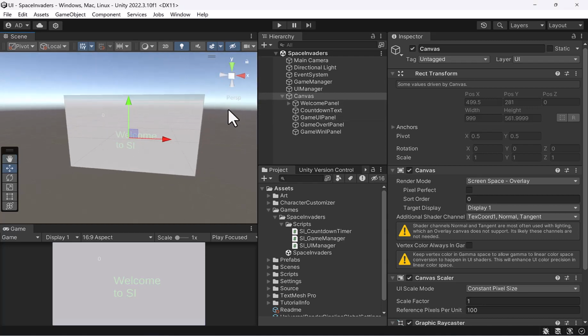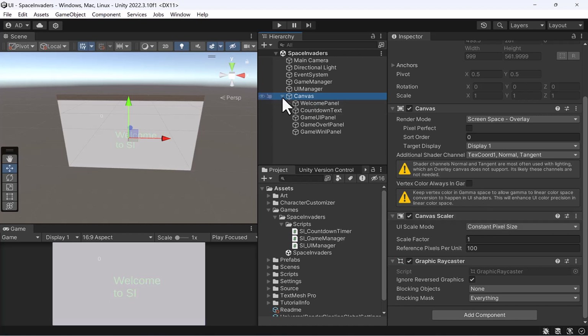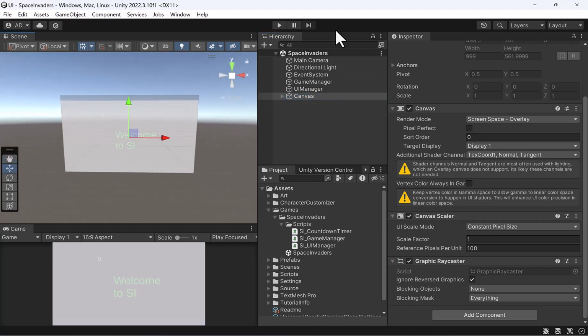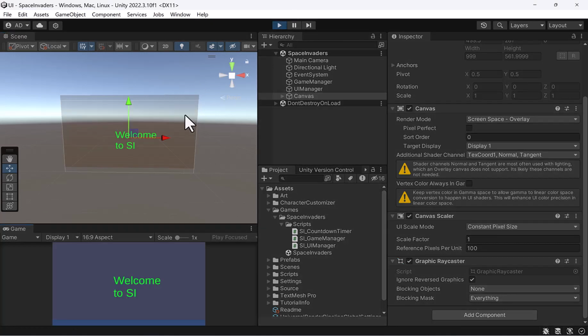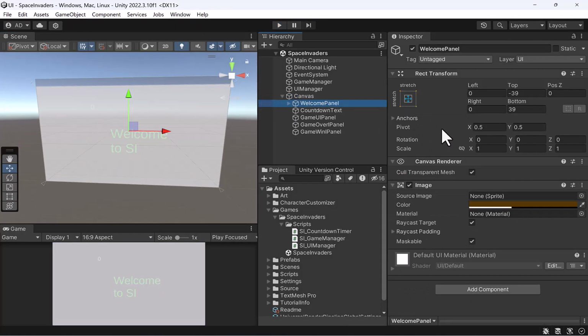So last time we went through our UI manager, our game manager a little bit. And in this video, we're going to spend some time actually focusing on some art. So if I press play here, you can see we start off with our welcome screen. But what I'd like to happen is we essentially have a welcome panel that slides in off